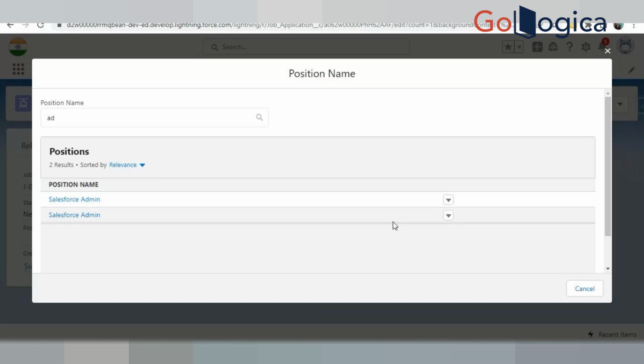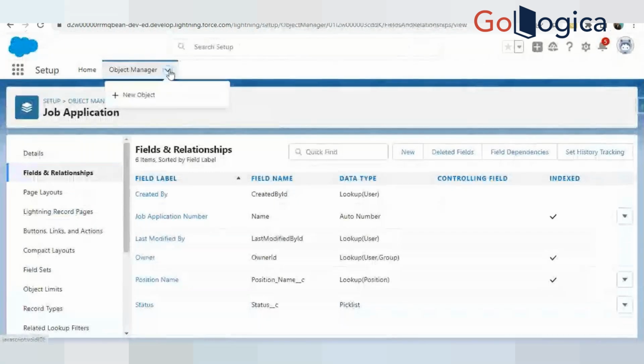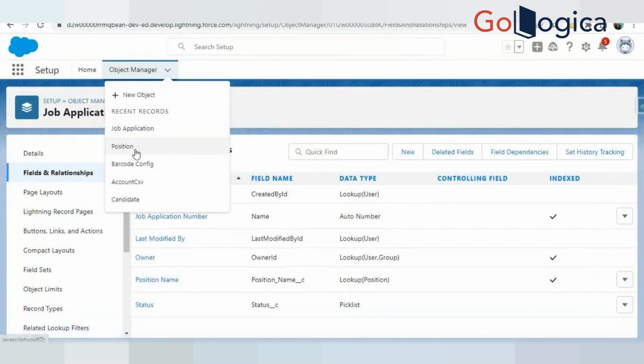Will that be helpful to select the correct record? Yes, definitely. But the question is, how do we show the values here? In order to display more columns, see, this is a search layout. We are searching a record on a position object. So in order to customize the layout in this window, because this information is coming from the position object, I open the position object